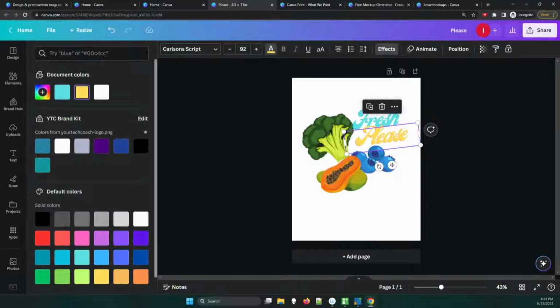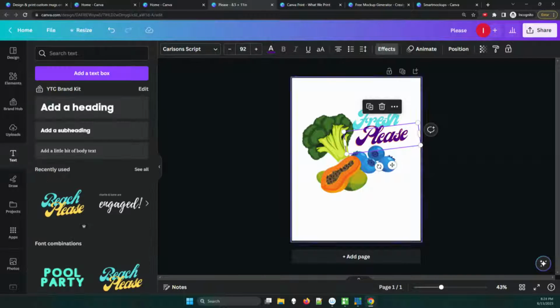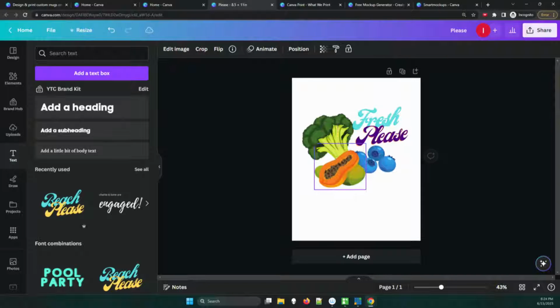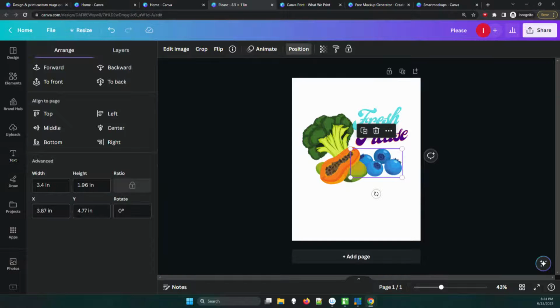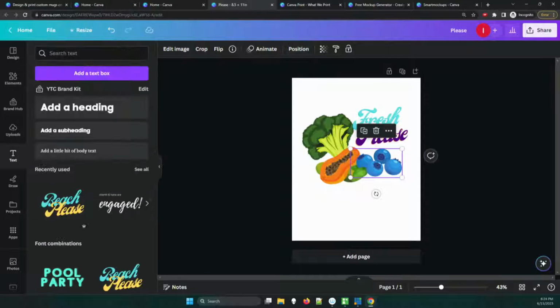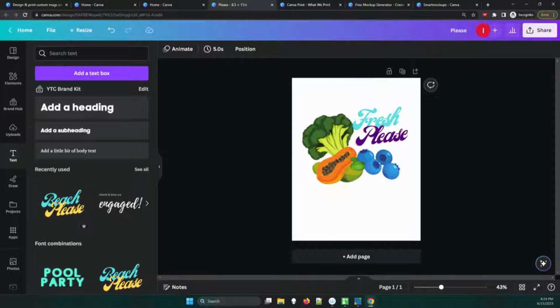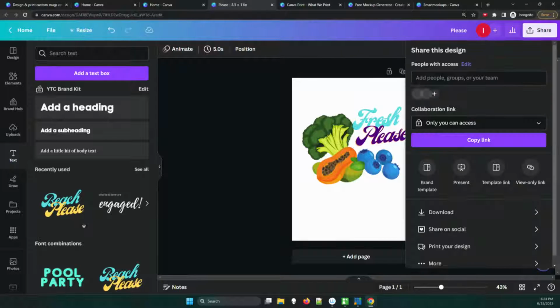This is all just basic stuff that you can do inside of Canva. Right. So you're like, okay, yeah, I've got this. Maybe we'll put this here. Maybe I want the blueberries to come forward. So let me go and do that. And maybe I want the blueberries to be in this direction. Okay, bingo. There we go. I've got the little piece of art that I want, either promoting somebody's restaurant or their store or their product line, whatever it is. Okay, and then you can come up here to share